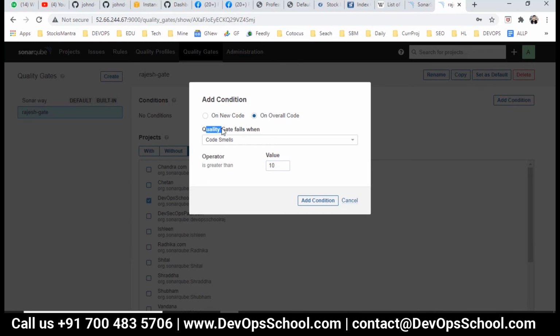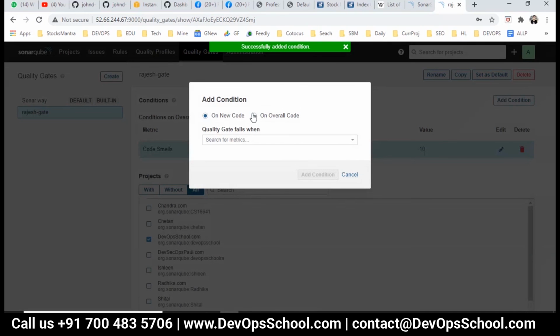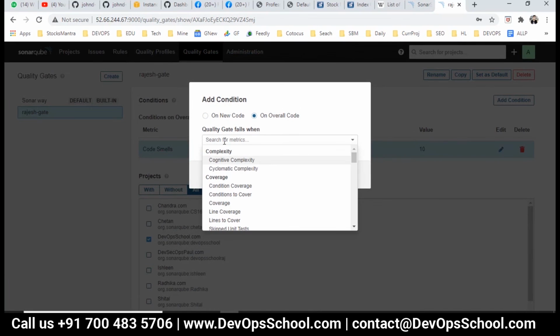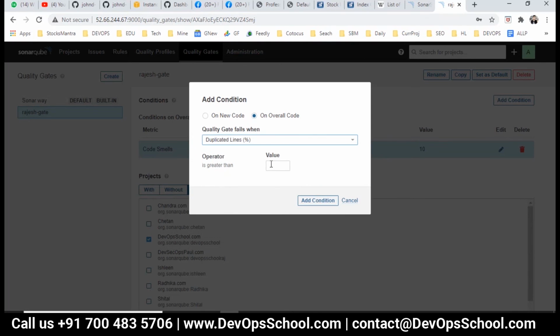See here, quality gate fails when code smell is greater than 10. Add it. One more condition. All these conditions you have to learn. Right now I have only these two to set. If duplicate code is more than 10%, then fail.